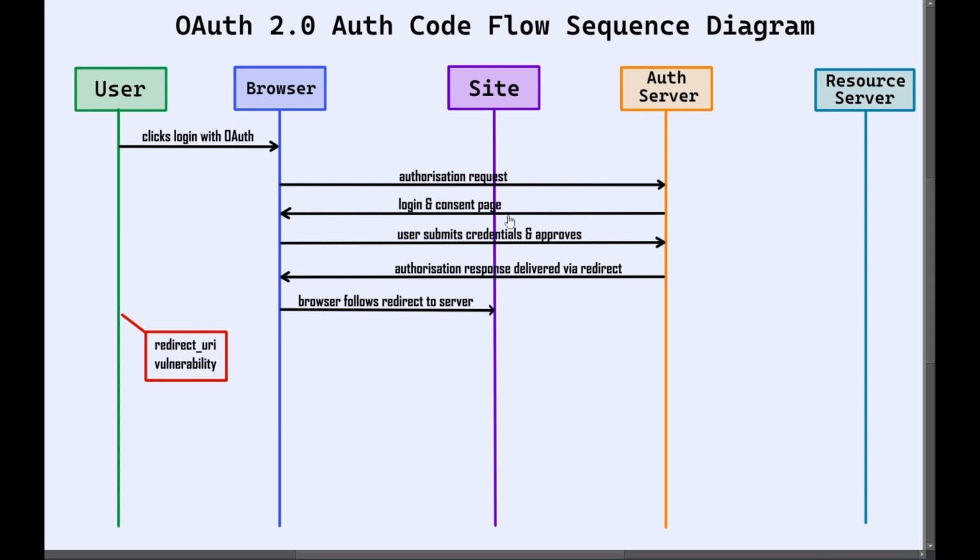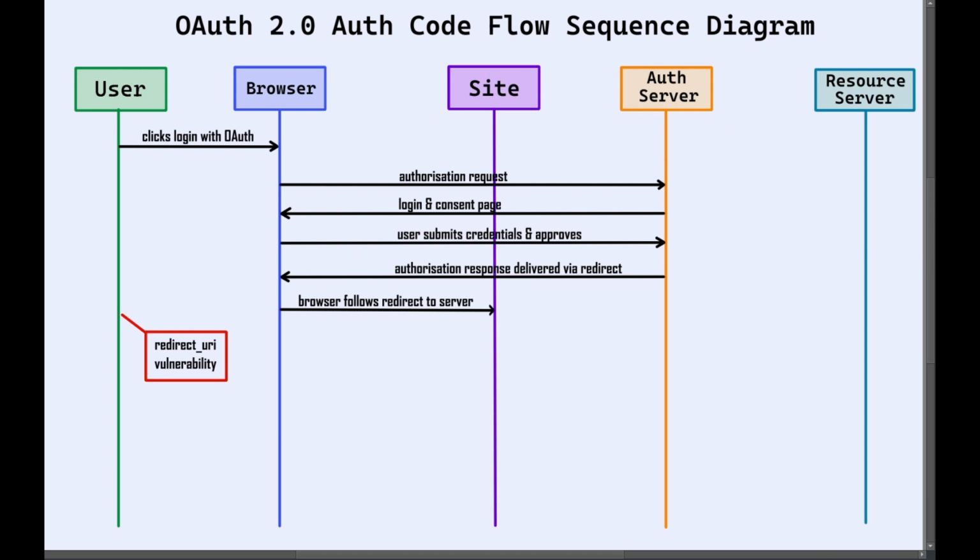And if an application accepts arbitrary redirect URIs, performs weak validation, or fails to verify that the redirect URI exactly matches a registered value, an attacker may be able to steal authorization codes. Similarly, if the client fails to validate the returned state parameter, an attacker may be able to perform CSRF attacks by injecting their own auth response into another user's browser. So although OAuth itself is secure, an incorrect implementation of this redirect step is one of the most common causes